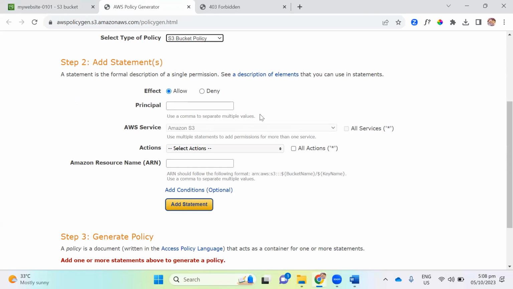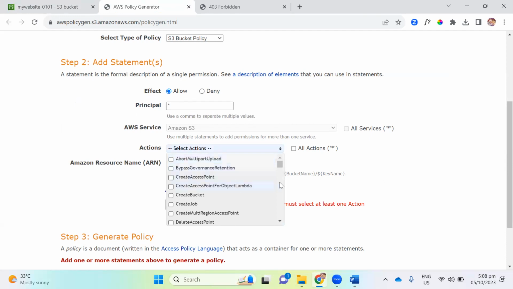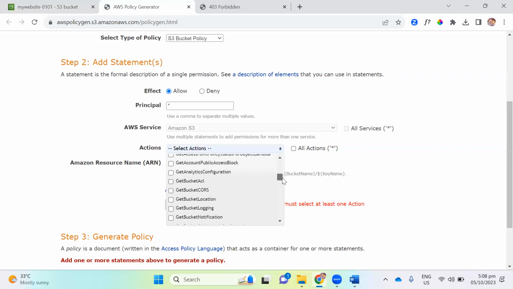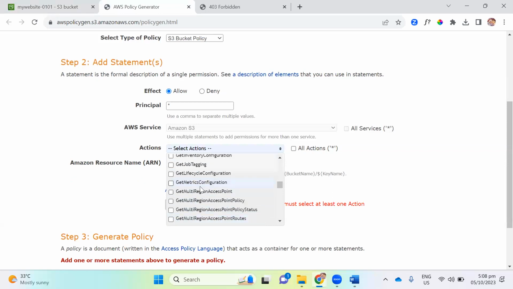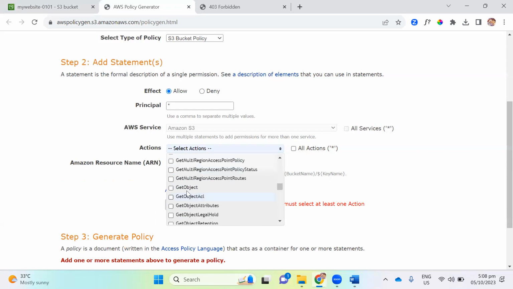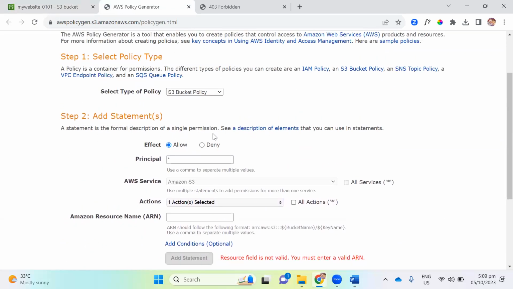Allow. Allow whom? Because it's a public static website, I'm allowing everybody. Everybody means star, right? Now, what should I allow? This is the permission I should give. So I want to allow GetObject, only GetObject, that's it. You see, it will always be in sorted order, like GetL, then L, then M, then comes GetObject. So I'll do GetObject,